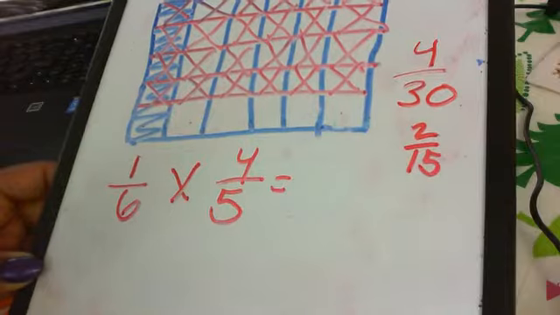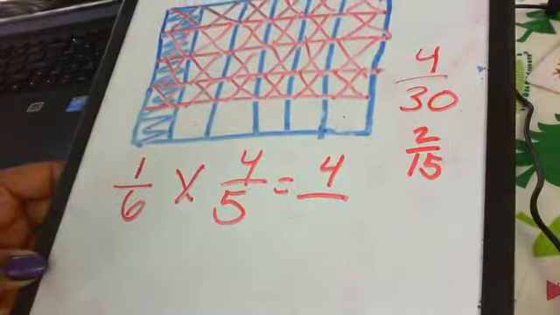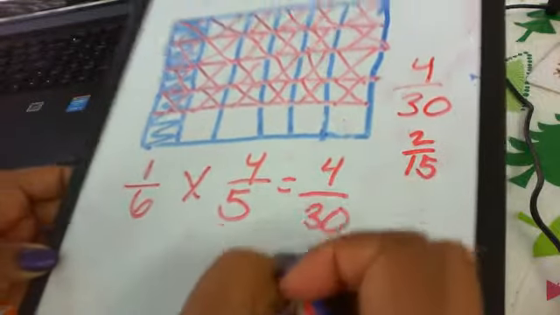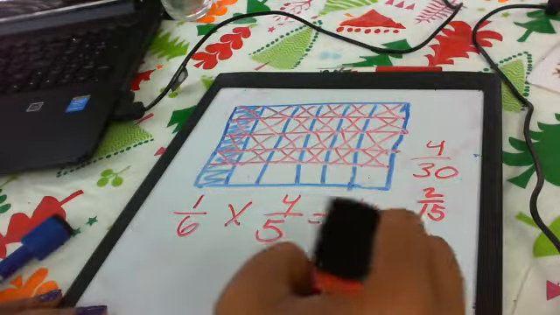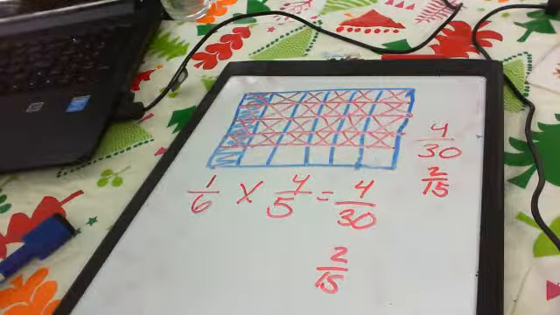Now let's do it the quick, easy way. Multiply my numerators, give me 4. Multiply my denominators, give me 30. And that can be simplified by 2 and give me 2/15. So we get the same answer both ways. Hopefully you did super